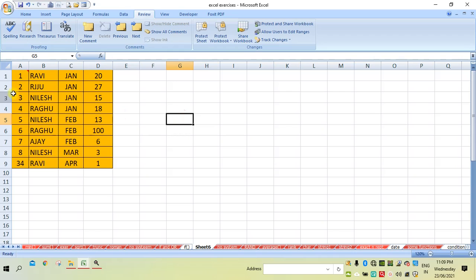So it will go. When the comment is inserted, you can see a red mark at the top right corner. By seeing this you can understand that the comment is inserted. Whenever I take the cursor over that, it will display that comment line.